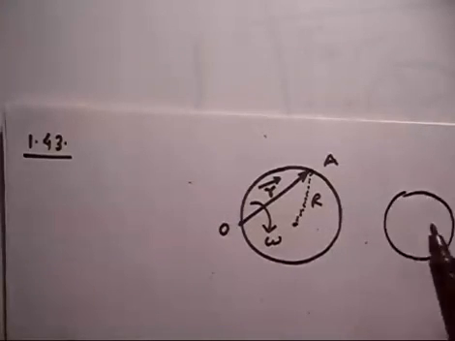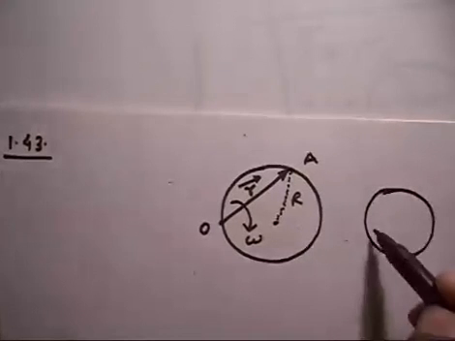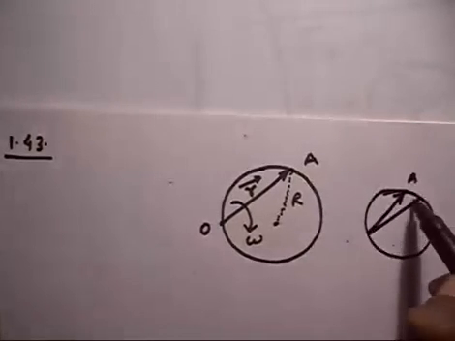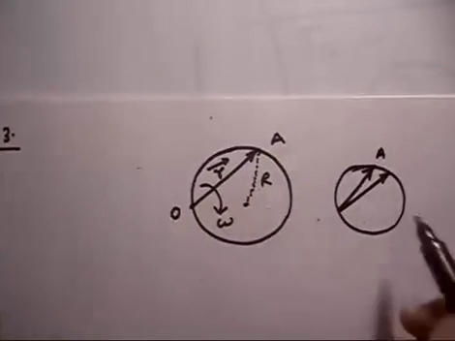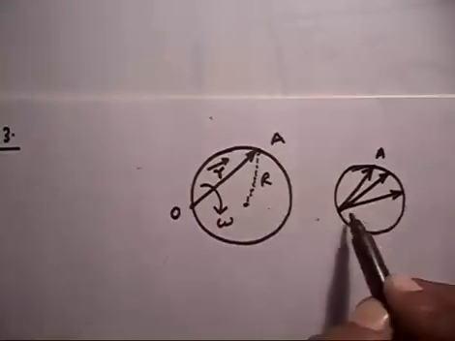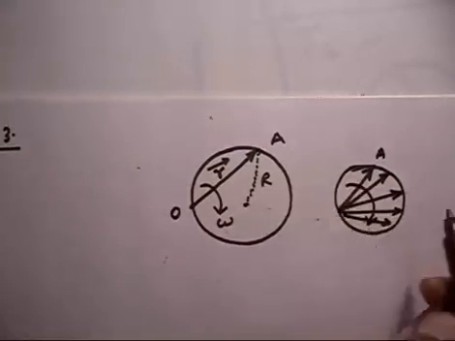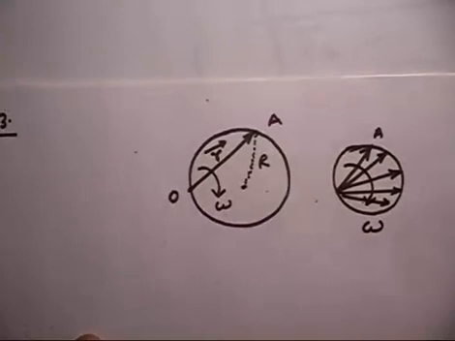I can show you another diagram. Initially the radius vector is here. If point A has moved, now the radius vector is here. Now point A has moved more, the radius vector is here, and here. So you will have something like this. These are the radius vectors, and the radius vector is also moving with a constant angular velocity omega. This is given to you.